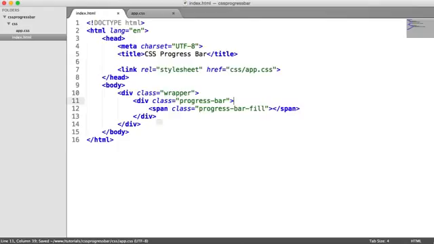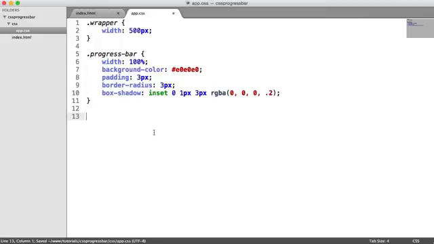So we're now going to focus on this progress bar fill span. Now the reason I've created this as a span is because it's not a real element. We want the progress bar to act as sort of a real element on the page, and the span is just not really that relevant. So we've chosen a span. You can give this an element type of div if you really want to. So let's say progress bar